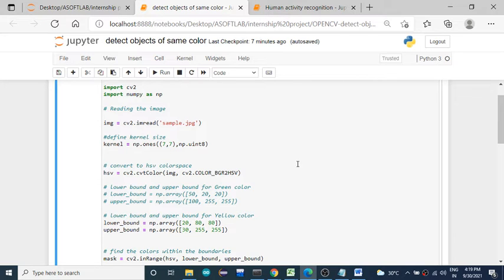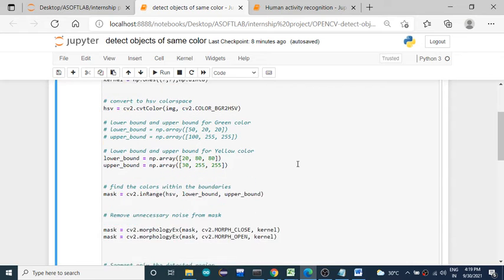Okay, for that purpose I can take the help of contouring. After this process is done, I can extract it and display it wherever this color appeared. So make a boundary around that and specify where that color has appeared. Okay, so that's what is done here in this project.